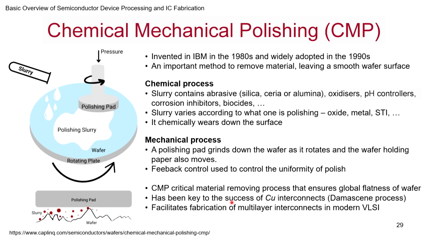It has been the key for success of copper, because if you may remember, we discussed the Damascene process. For copper, there is no etchant, wet etch or dry etch. There is no successful wet etch or dry etch present. The only way they could do it was using CMP. So what you do is you deposit copper and then polish it off, and you stop at the place where you know that the other insulators are present, and from the signatures you know you have reached that.